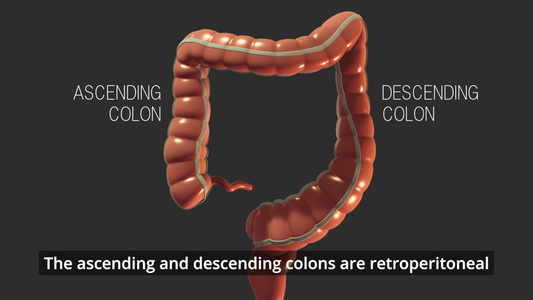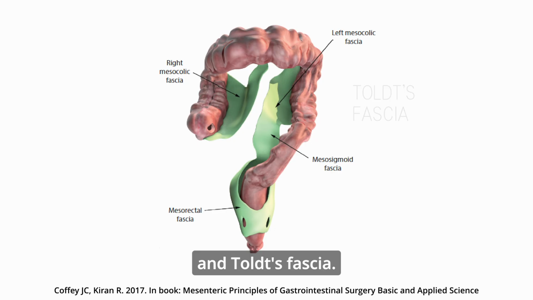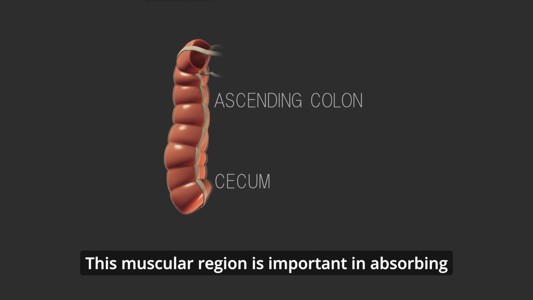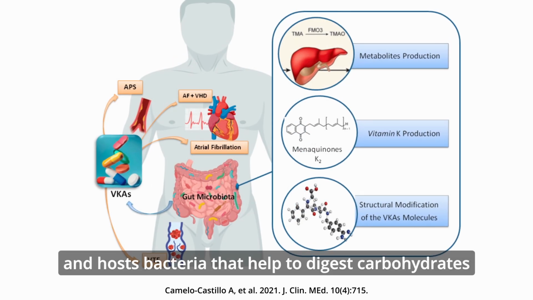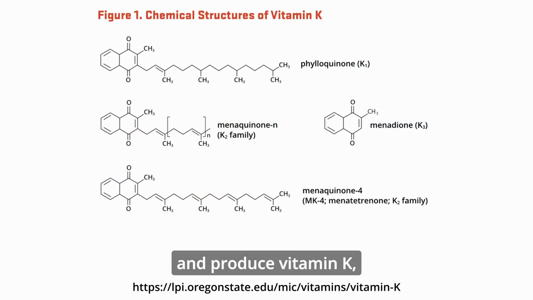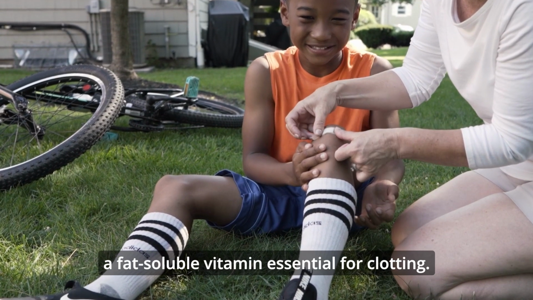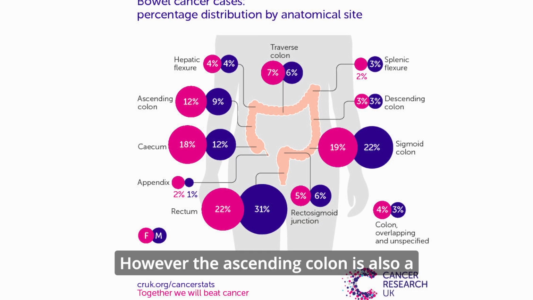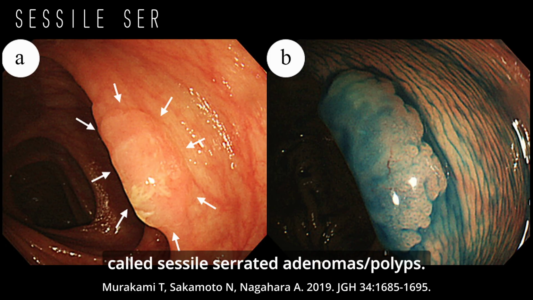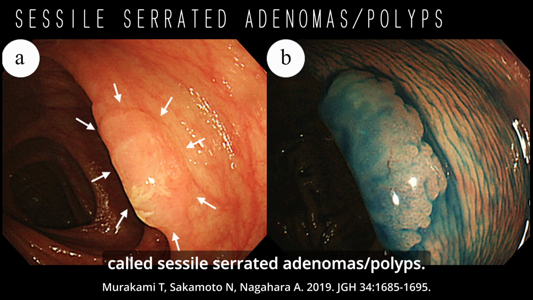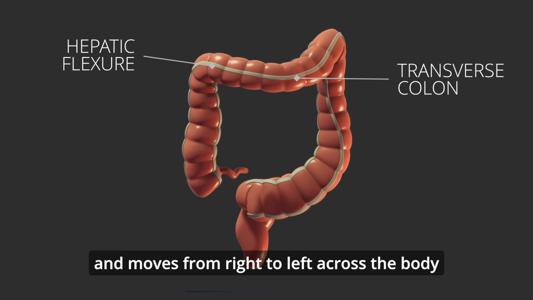The ascending and descending colons are retroperitoneal and held rigidly in place by the peritoneum and Toldt's fascia. This muscular region is important in absorbing water and electrolytes and hosts bacteria that help to digest carbohydrates and produce vitamin K, a fat-soluble vitamin essential for clotting. However, the ascending colon is also a common site of colon cancer, especially a class of precursor lesions called sessile serrated adenoma polyps. The colon then turns sharply at the hepatic flexure and moves from right to left across the body